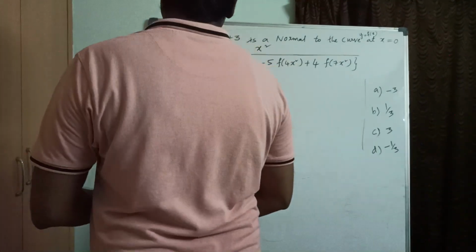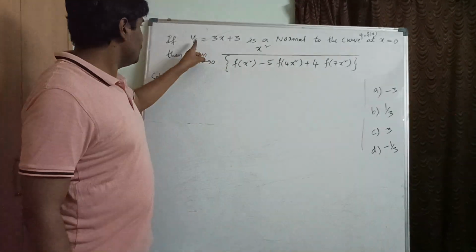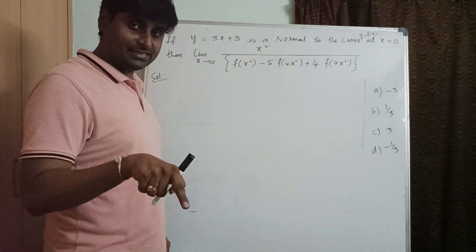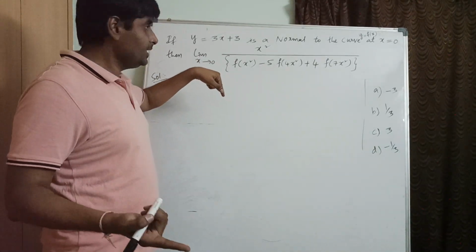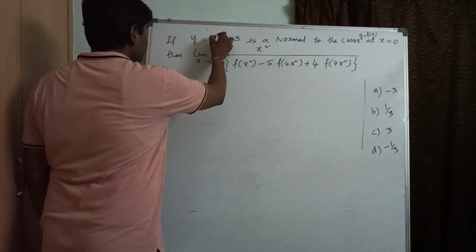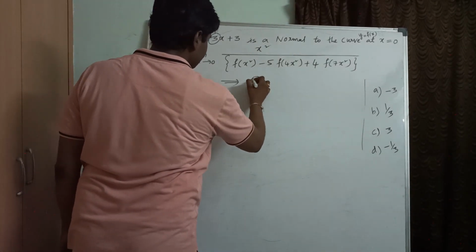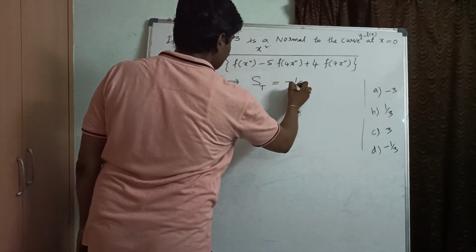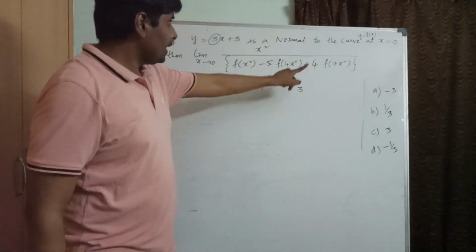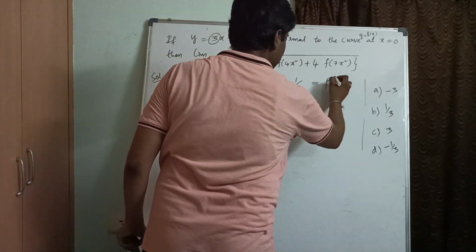Now see here. There is one more question in this same model. In the previous question, y equal to 3x plus 3 was a normal. In the previous problem it was given as a tangent. Here it is a normal, not a problem, right? So whenever a normal is given, what is its slope? 3. Okay, here the slope of the normal is 3. The slope of the normal is 3 means what about the slope of the tangent? It will be minus 1 by 3. Do you agree? Correct? Now, we need the f of x curve at x equals 0, which will be equal to f dash of 0.